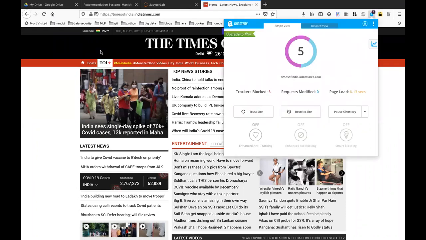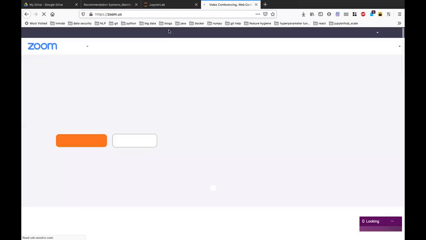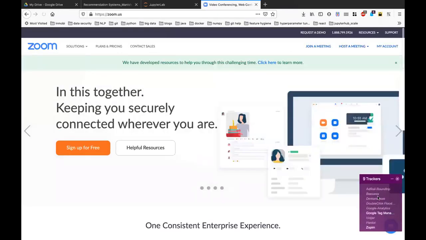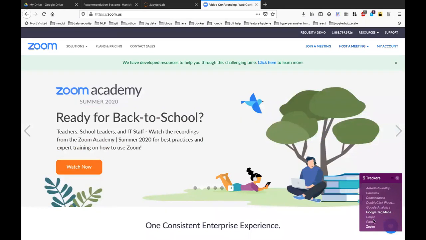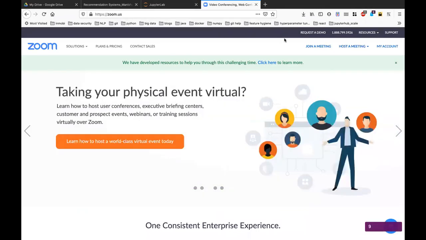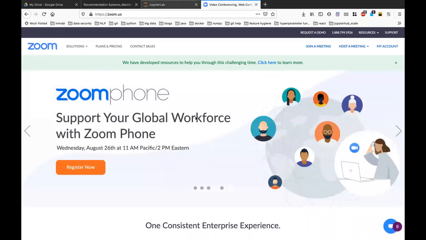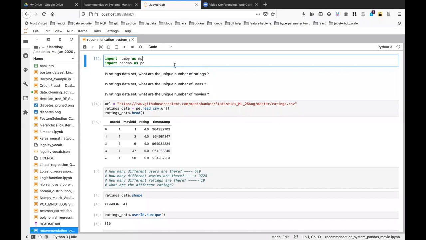Right? So these are all the different trackers. Even on your Zoom, they track. I don't know why. See this, 8, 9. You see this? So these are all the companies, without you knowing, actually taking a lot of data. Right? So that's how they get data. There's nothing here, right? I'm just opening Zoom every day to join a meeting, but they have 9 trackers trying to get information from me. Okay, that's how they get all that. Sometimes I see 17, 15. So yeah, companies steal a lot of data.